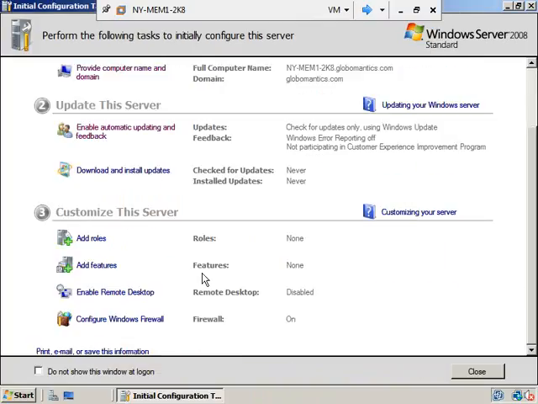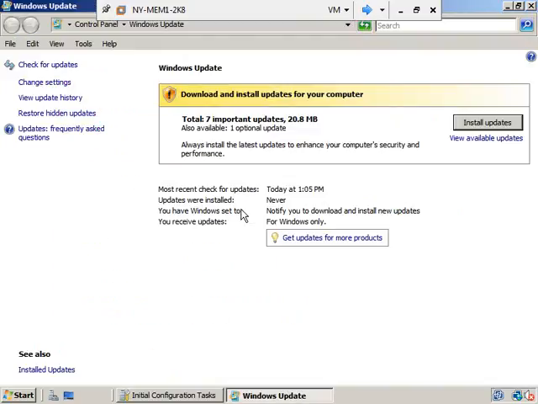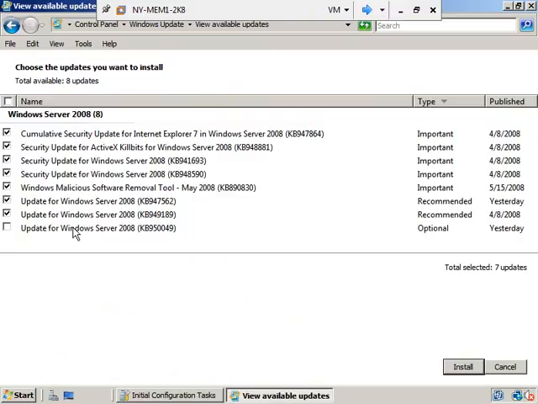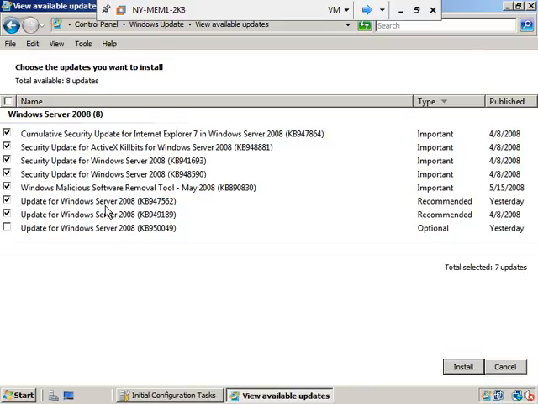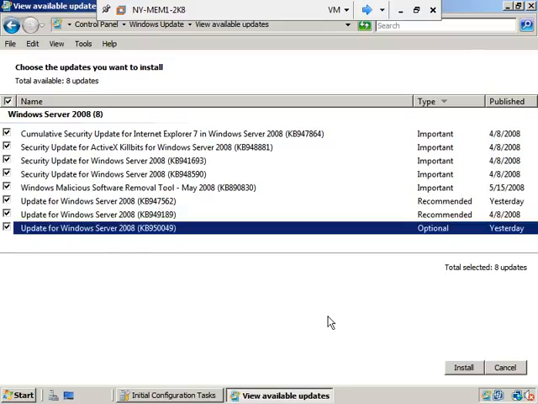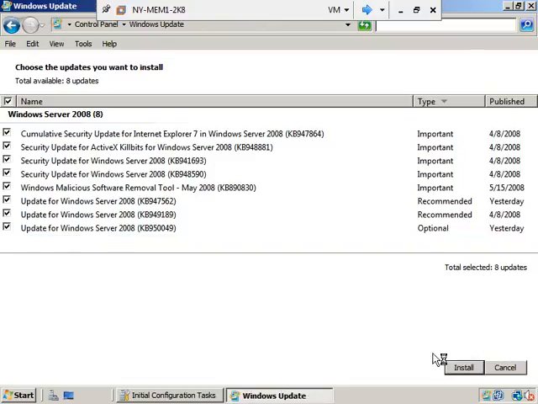We'll close that guy. And then, of course, we should probably go ahead and do our download and install updates since we're initially setting up this server. Looks like since the last time we did this, we have some more updates. So let's go ahead and view the available updates just to make sure that we want all of them. It looks like pretty much all of them are about the whole security thing, so those are good. These recommended and optional ones we may or may not want. We may need to look these up. We don't have any third-party software running though, so chances are these updates aren't going to squirrel anything up because all we have is the basic core server set running. So we'll go ahead and install all of this stuff here,